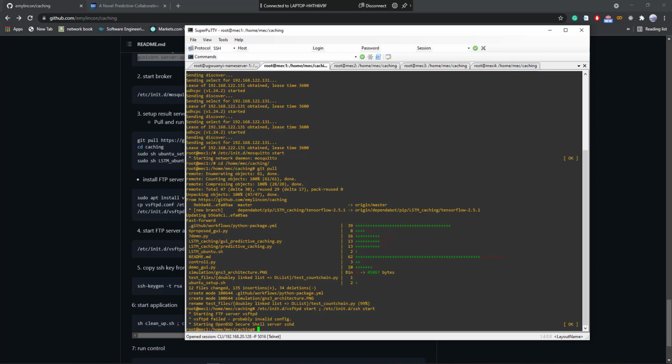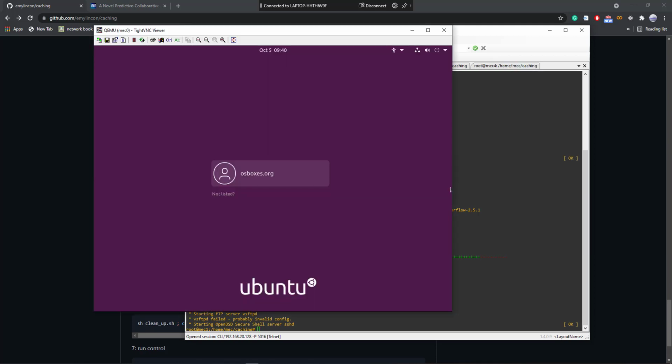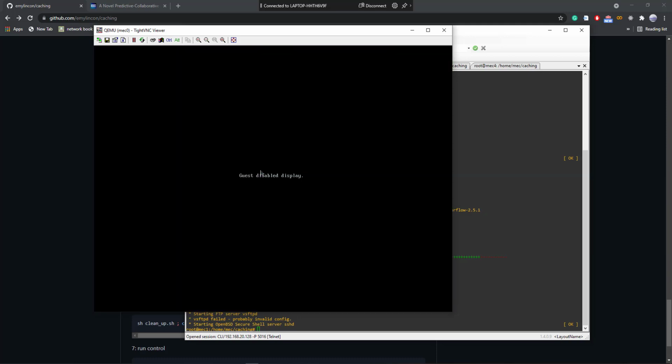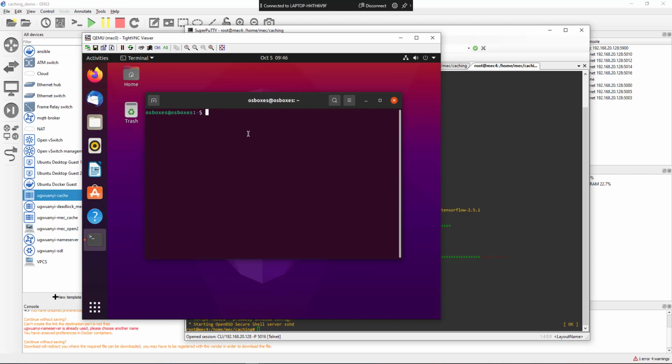Okay, so once we have that, we can check back upon the OS boxes. We just need to put the right password, osboxes.org. Alright, we need to open a terminal